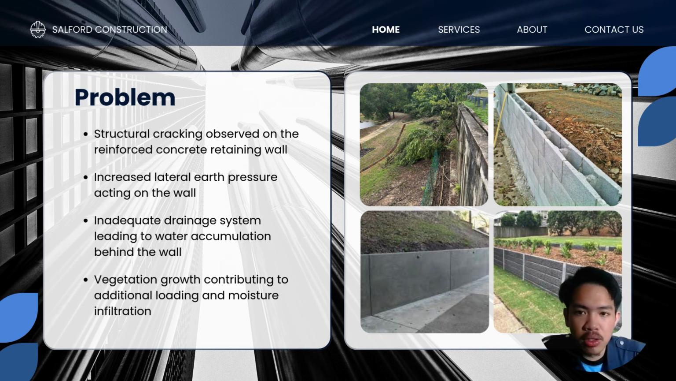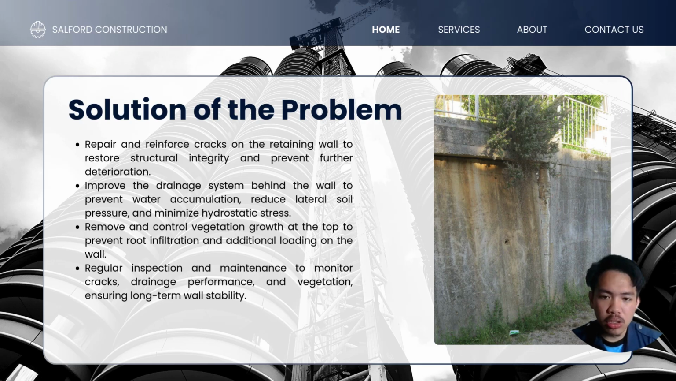The problems for reinforced concrete retaining wall are structural cracking observed on the wall, increased lateral earth pressure acting on the wall, inadequate drainage system leading to water accumulation behind the wall, and vegetation growth contributing to additional loading and moisture infiltration. The solution for this type of wall is to repair and reinforce cracks on the retaining wall